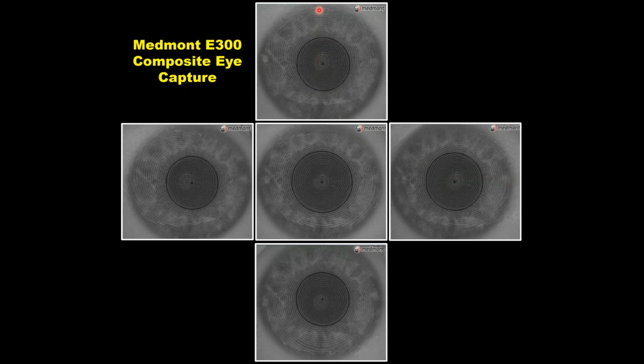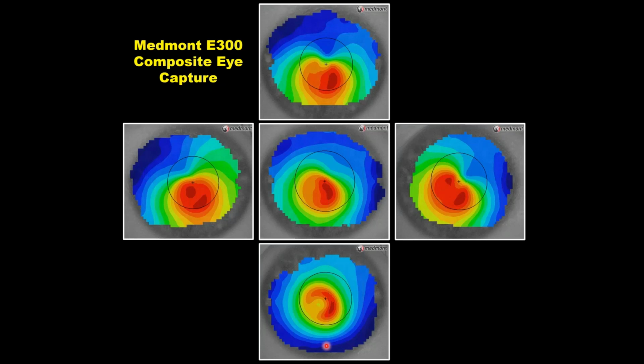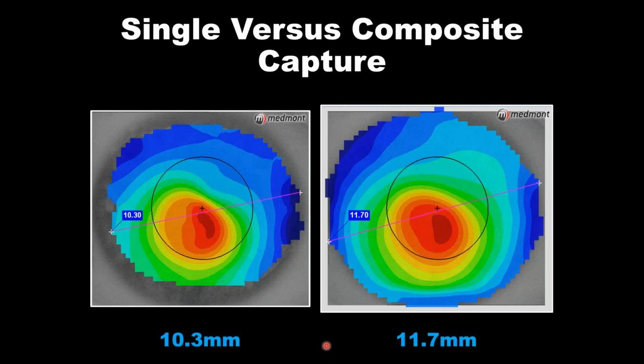Have the patient fixate down, that pushes the rings to the top. Have the patient look up, that pushes the rings to the bottom. So now you have a photo with those rings reflected all over the peripheral cornea. You can construct the topography, the eye shape, over the entire cornea, and then when you do the composite capture,